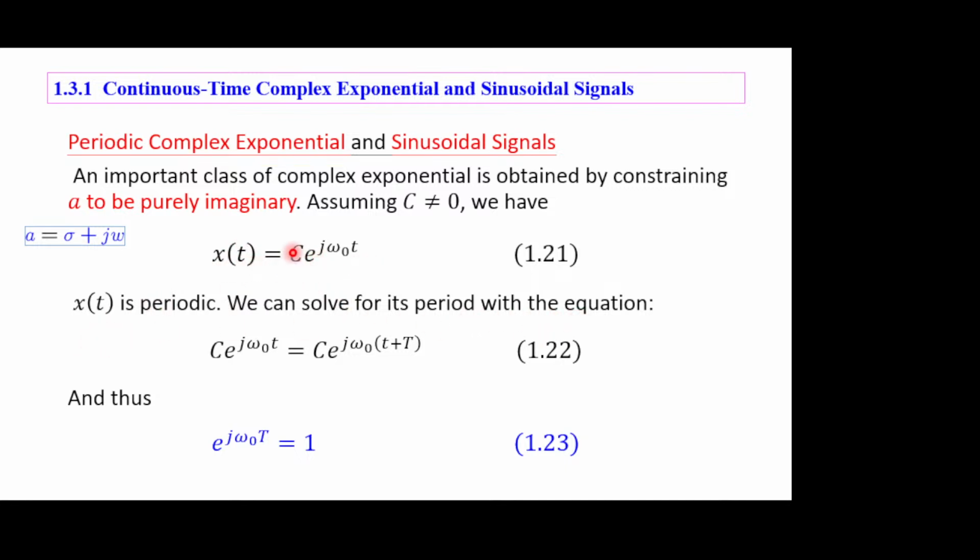Plugging this in, x of t equals c e to the j omega naught t, and x of t plus big T is c e to the j omega naught times t plus big T. We want these two equal. Now is where we use c not equal to 0, because then we can cancel the